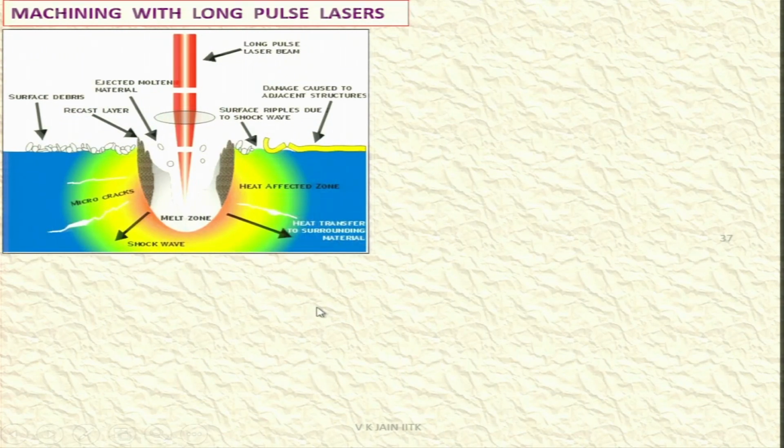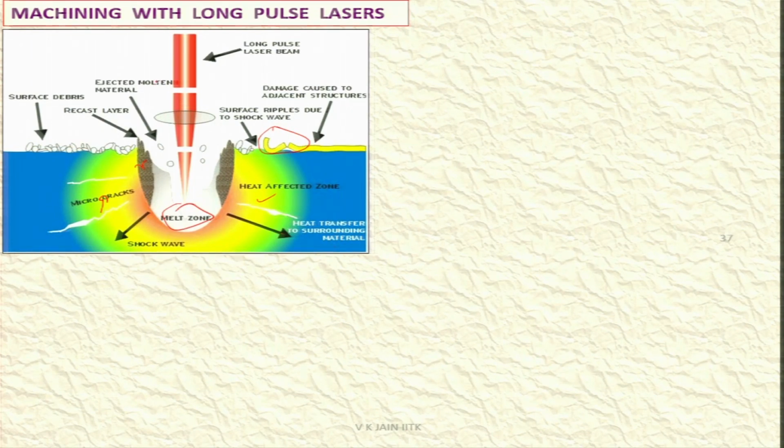Now very interesting one, machining with long pulse lasers. You can see over here, when long pulse lasers are being used, please see it carefully, this is a very interesting one. You have the micro cracks over here that you can see, and you have the heat affected zone. Heat transfer is taking place in this particular direction, and change is caused due to the adjacent structure, and you can see the damage to the adjacent structure wherever it is taking place. And this is the recast layer, and you know, this is the melt zone or molten pool over there, and